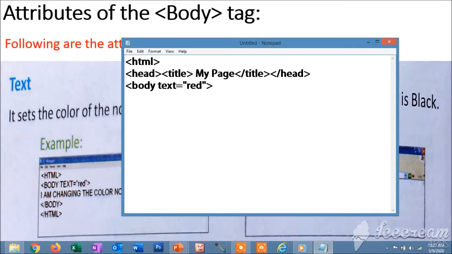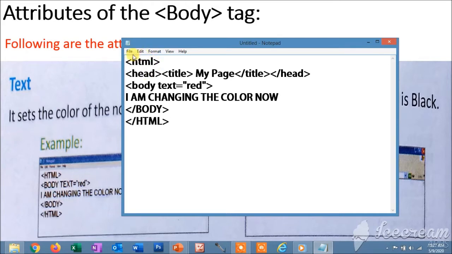After writing this, write the text, after writing this close the body and close the HTML.